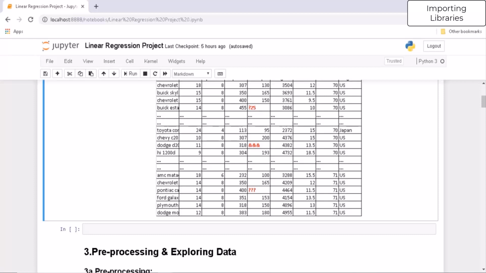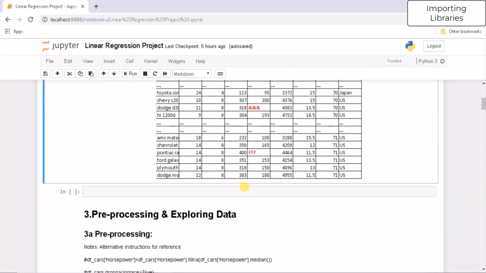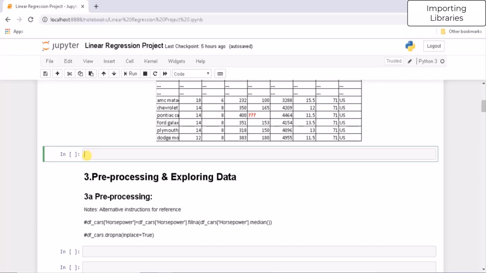We shall use the pandas method readExcel to read the input dataset from the local path where I have saved it. Now let's run the instruction. So we're going to load the library now. df_cars equal to pd.readExcel